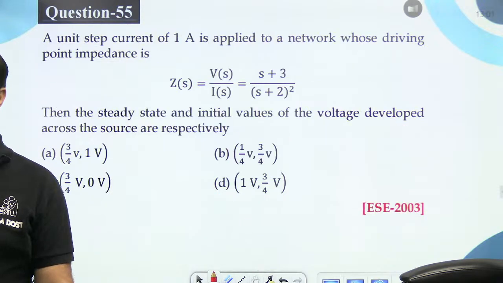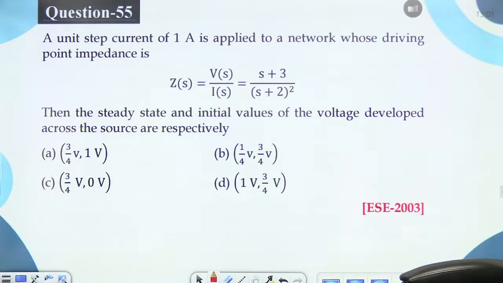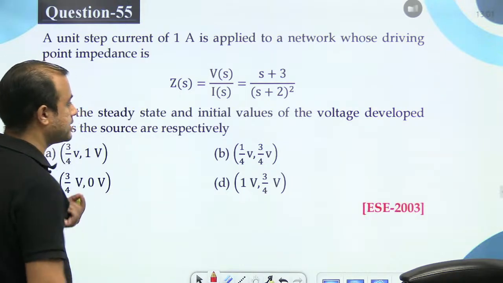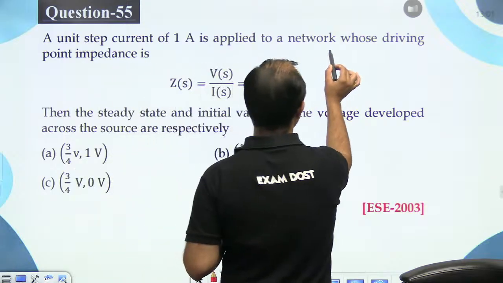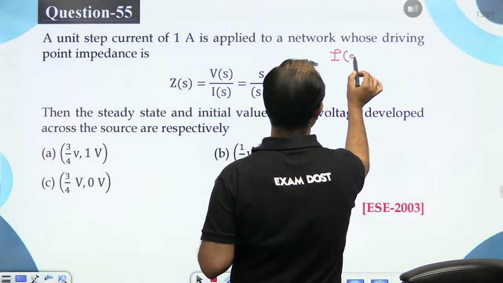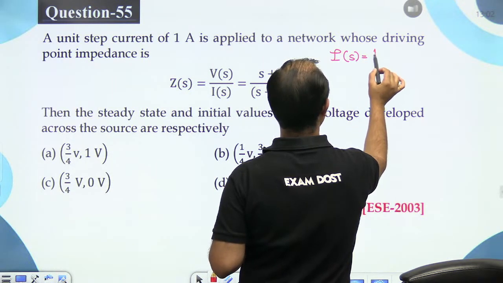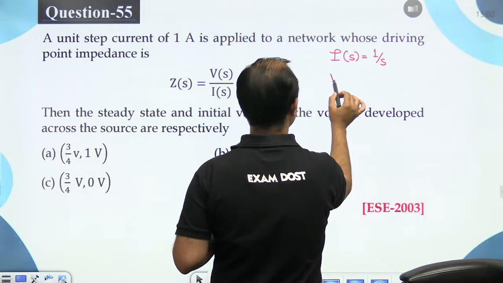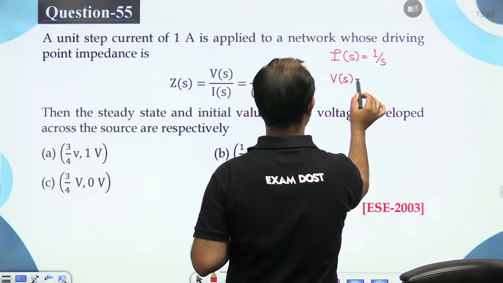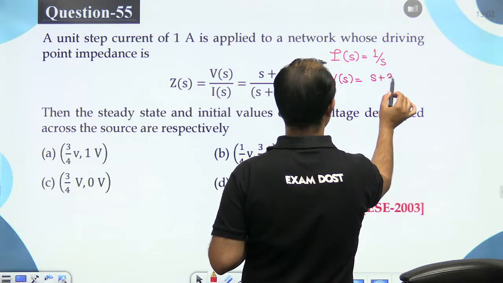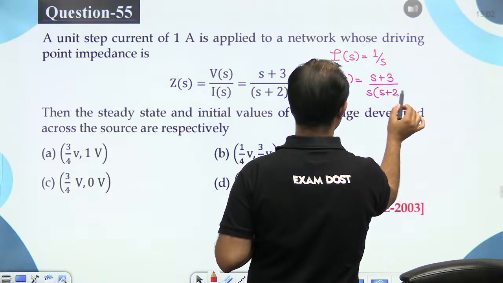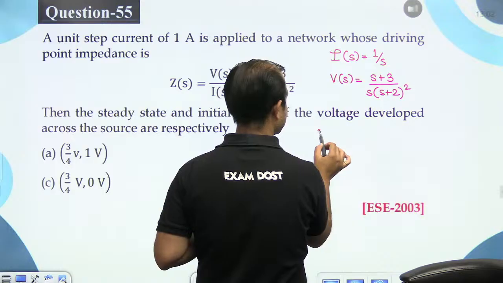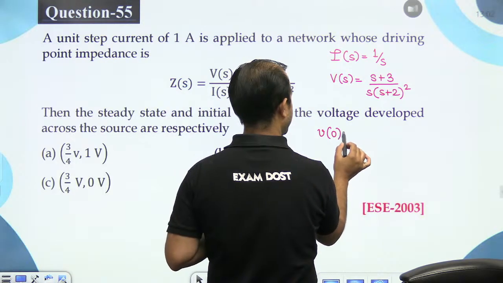ठीक है, वेरी सिंपल। A unit step current is applied to a network whose driving point impedance is this, find the initial and final value of the voltage. So unit step current is there. So Is is 1 by S basically. So what is Vs? So V0